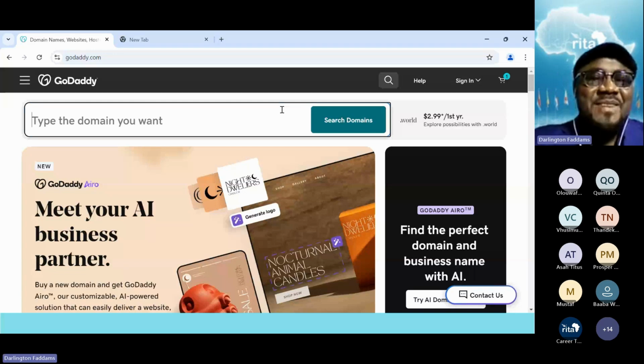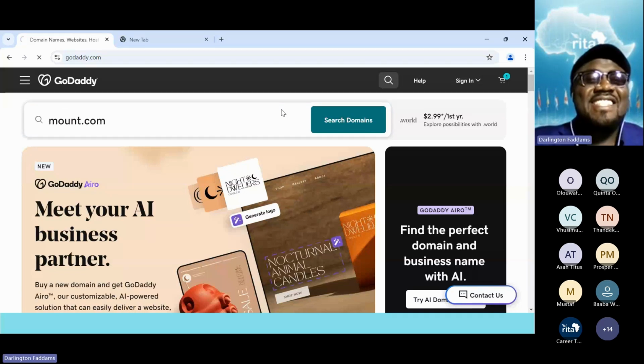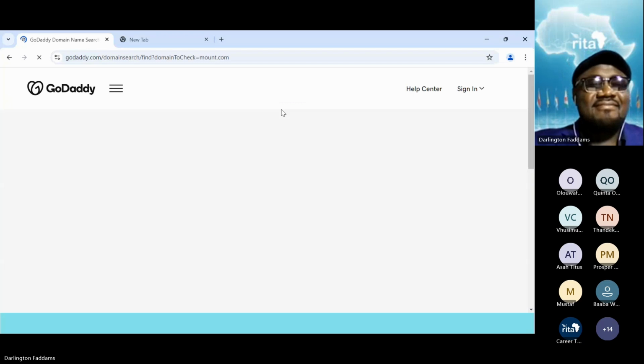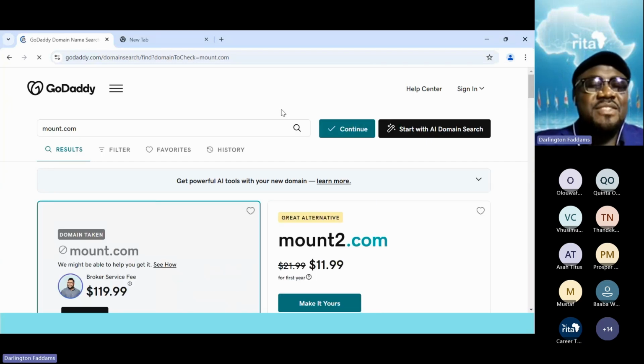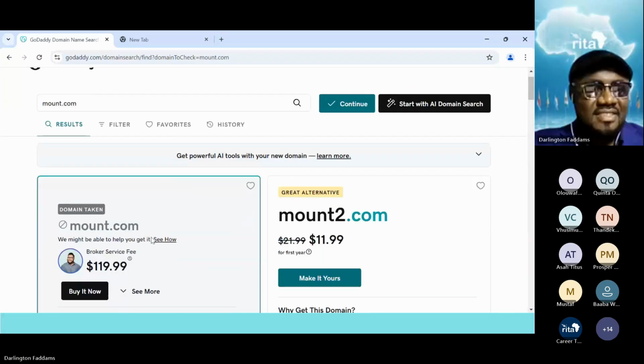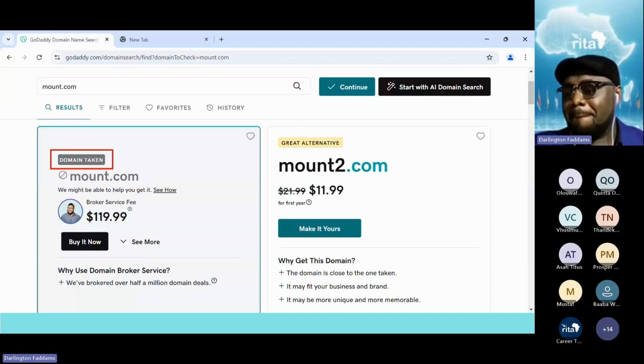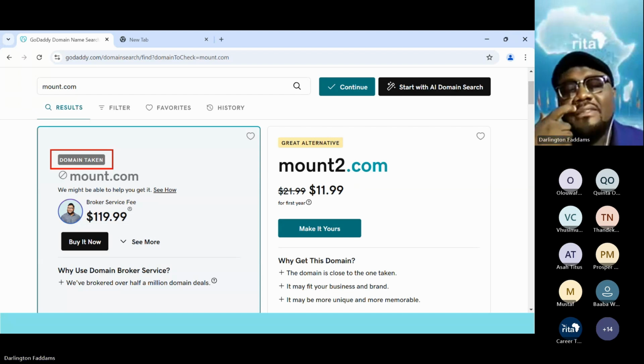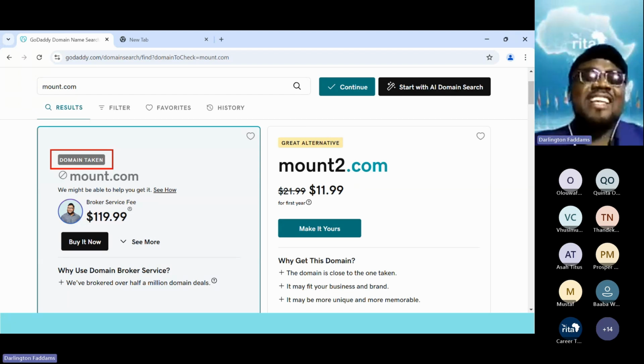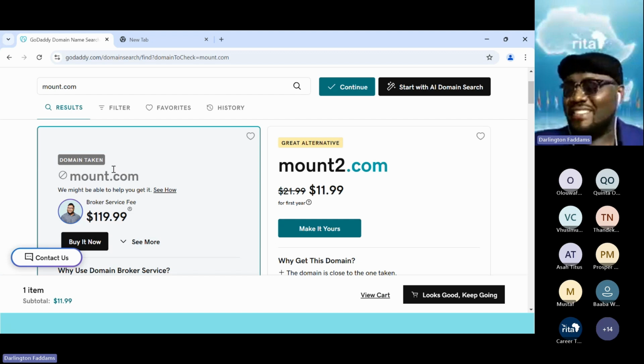Mount.com. Let's see. What do you see here? If you can see this, please tell me. It's taken. This means that it is gone. It's not available. You can't get it. But mount.com is too generic.